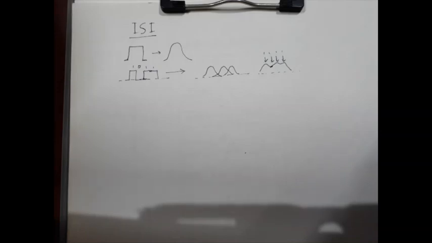Now let us try to resolve this difficulty by using pulses which are band limited. So they can be transmitted intact over a band limited channel, but band limited pulses cannot be time limited. So obviously various pulses will overlap, and that will cause ISI. Thus, whether we begin with a time limited pulse or a band limited pulse, it appears that ISI cannot be avoided. So it is actually inherent in the finite transmission bandwidth.